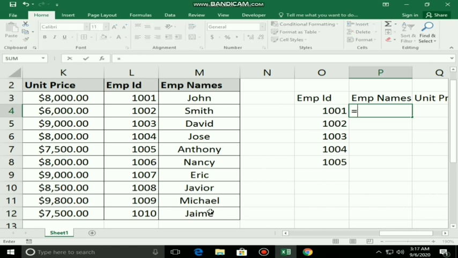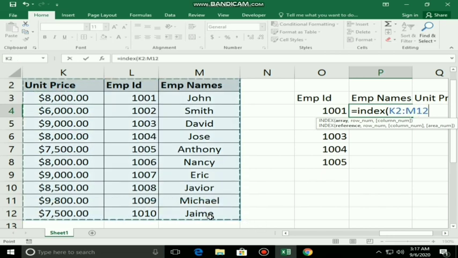So let's use INDEX to implement the concept of VLOOKUP or HLOOKUP, irrespective of the position of the lookup value. In INDEX I have to select the range. While selecting, there is nothing to keep in mind. From wherever you want, you can start selecting, it doesn't matter, comma.